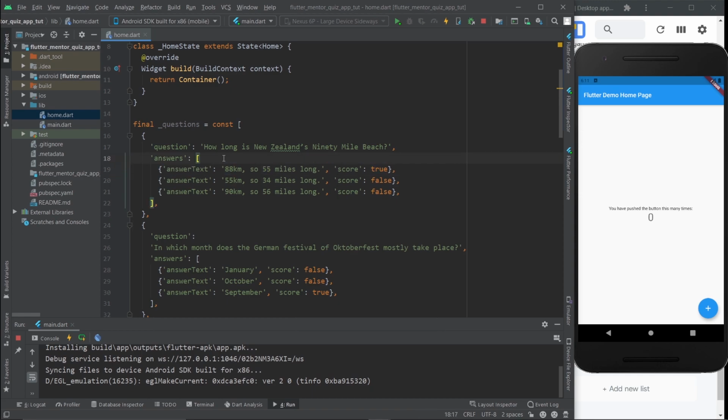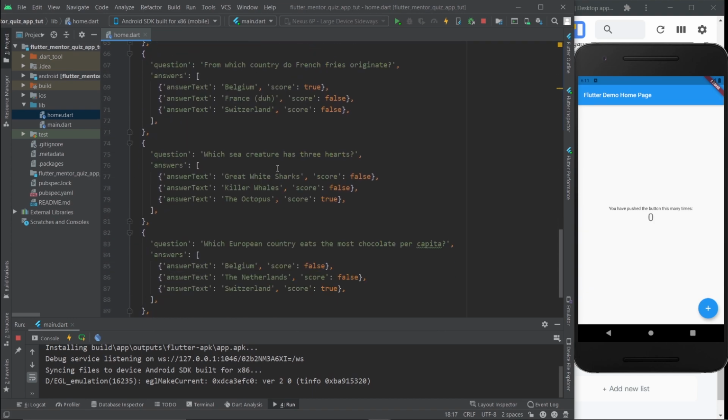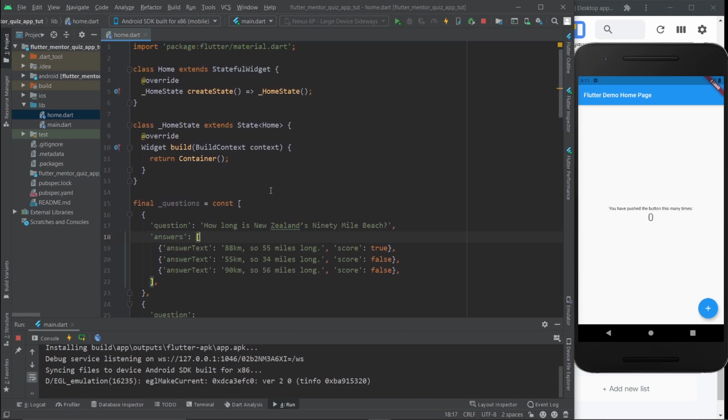And by the way, this is just how I decided to do the quiz app. There are a lot of things that you can do differently. This is just an example. Don't take it as a rule or a law. Just use this to learn about Flutter. This is just my own perspective. Who knows, 5 years from now when you're a kick-ass programmer, you might do this completely differently.